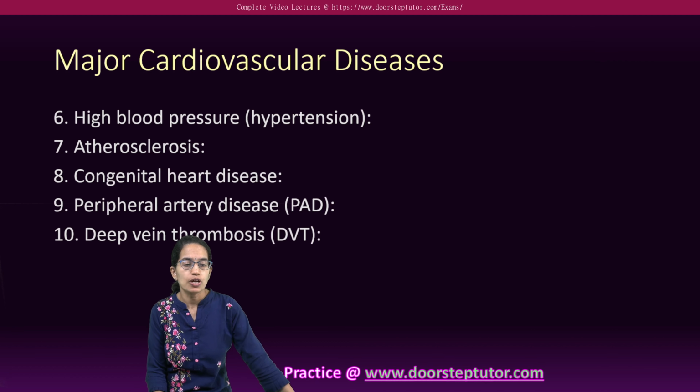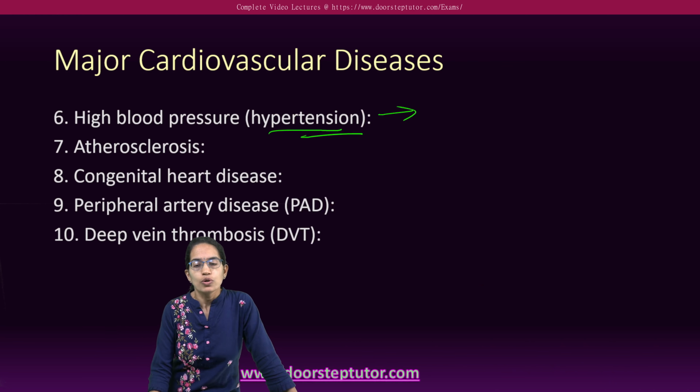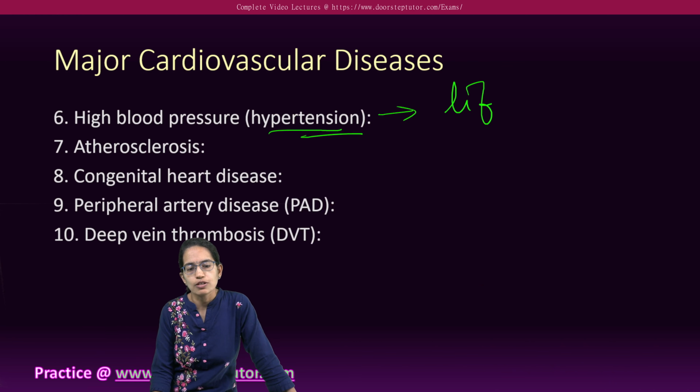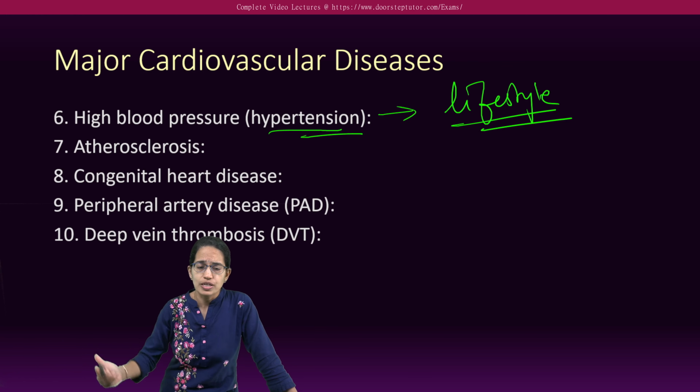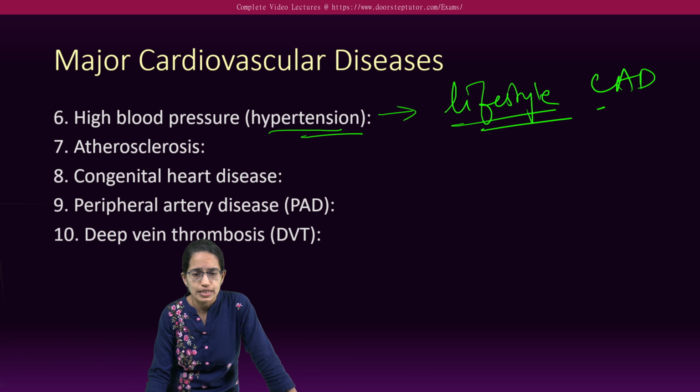High blood pressure or hypertension can lead to coronary artery disease, and this is one of the lifestyle related problems. Now, the complications include heart attack, stroke, coronary artery disease, which is known as CAD also,